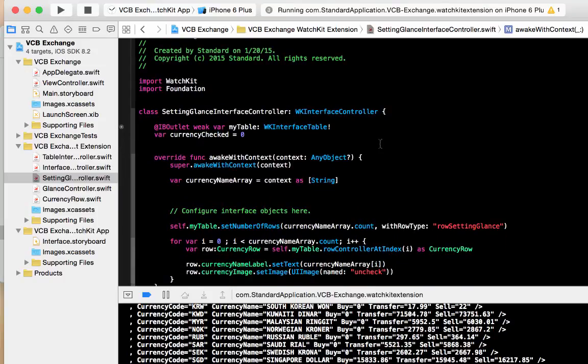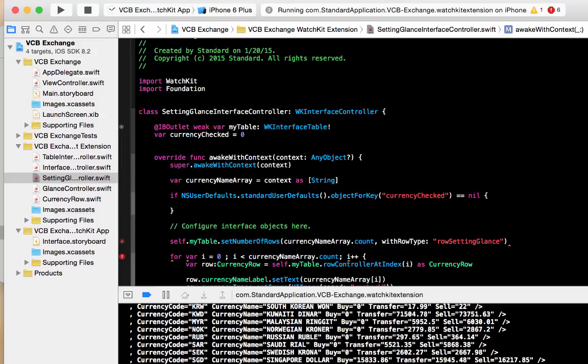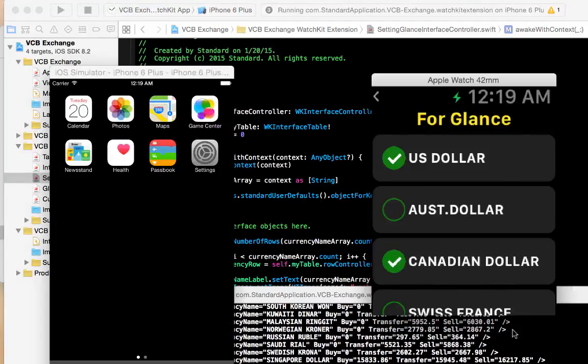Okay, we can write if and as UserDefaults standard user defaults, object for key, we can write currencyCheck is equal to nil. So if the object for this key does not exist, meaning it's equal to nil, so we can set it to number 0,